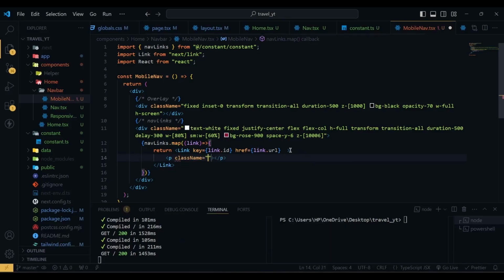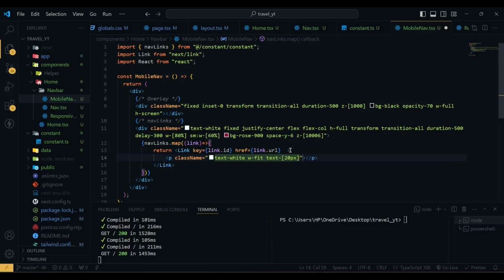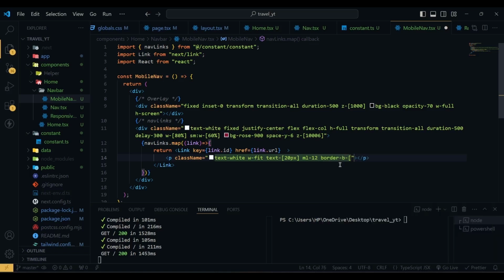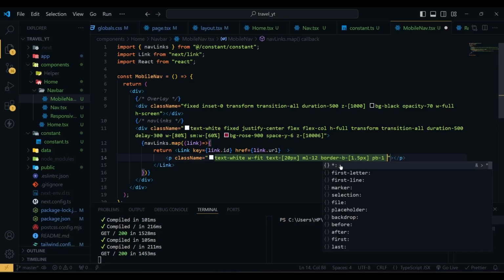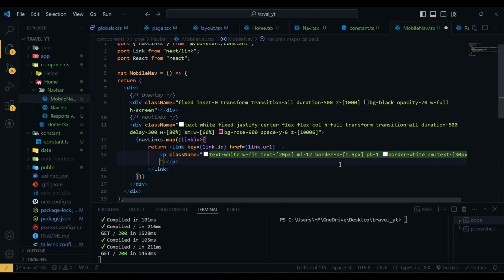and inside this div we will have the P, and this one will have the class name of text white, width will be fit, text will be 20 pixel, margin left will be 12, border bottom will be 1.5 pixel, padding bottom will be 1, border will be white, and smaller devices text will be 30 pixel. Now if I hit save,